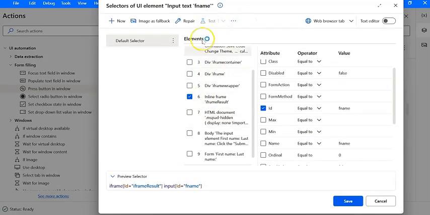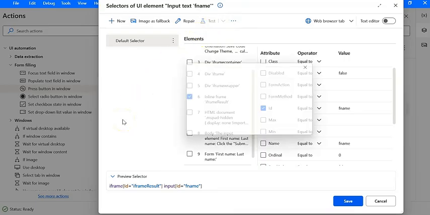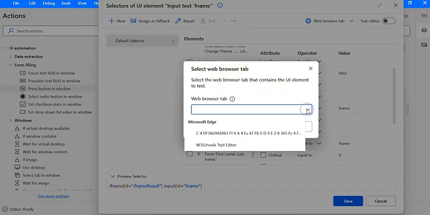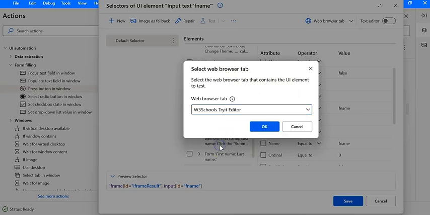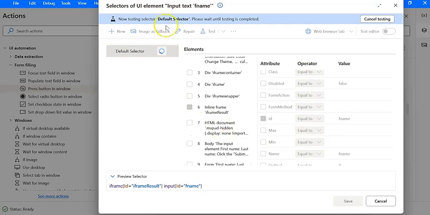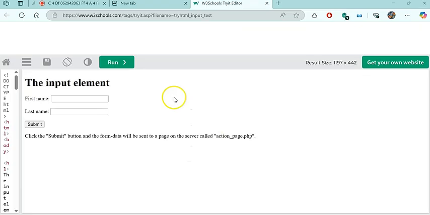Now for web application, as soon as I click on test, it will ask for me the browser tab. Since multiple browser tabs are open, it will ask me which one do I want. I want the one where my web application is present. As soon as I click on OK, it says now testing the selector. It will automatically switch to that window. And